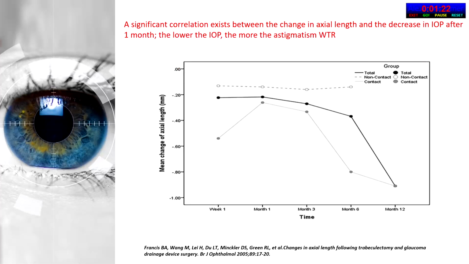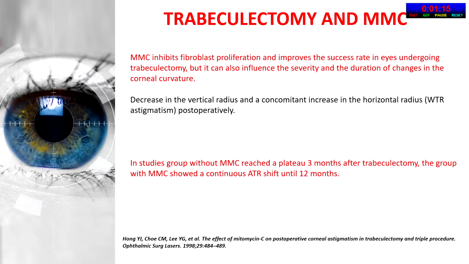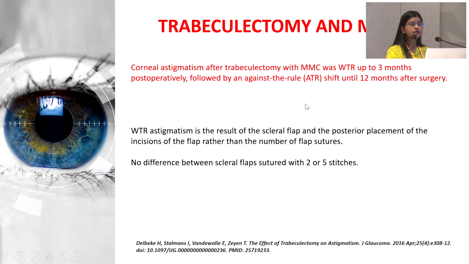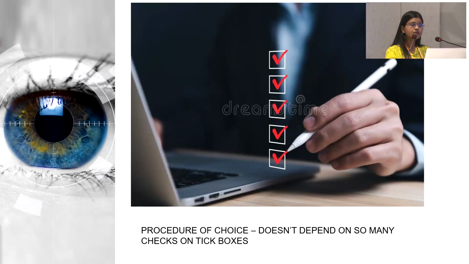So they say that in toric IOL, it stabilizes in 1 month or 3 month time, but research says that against-the-rule astigmatism in TRAB patients goes as long as 12 months for stabilization. Using MMC is a must for TRAB. Though not using MMC will not create astigmatism, I will not go ahead in a TRAB patient without using MMC. So I would like to put an end to the debate that you can put a toric IOL in